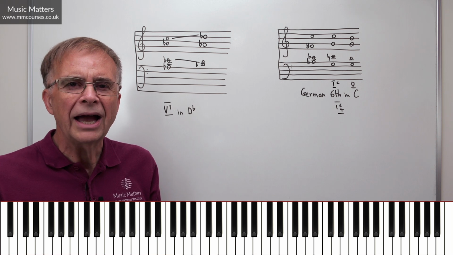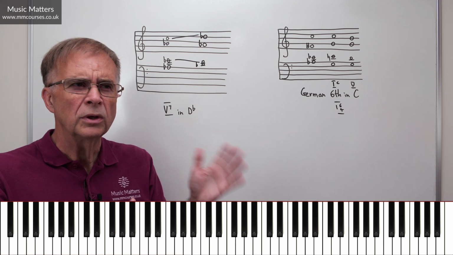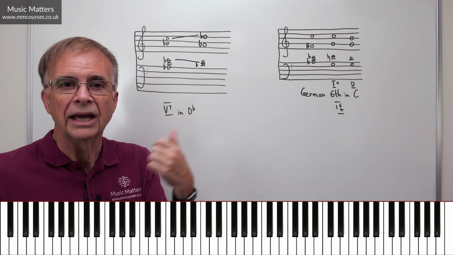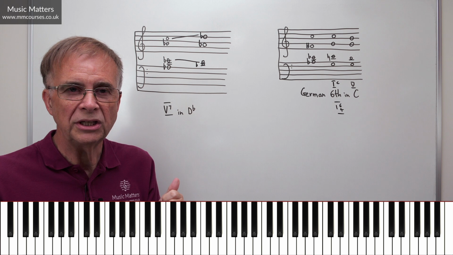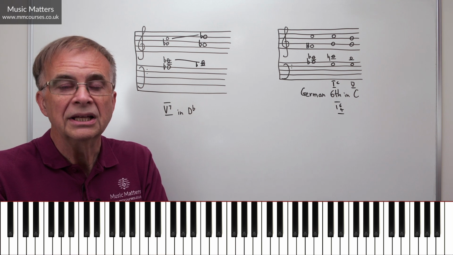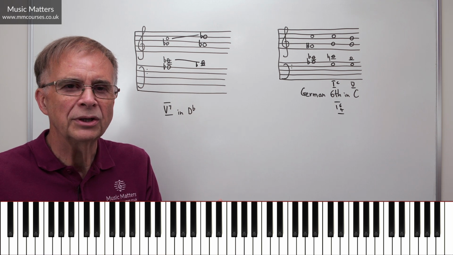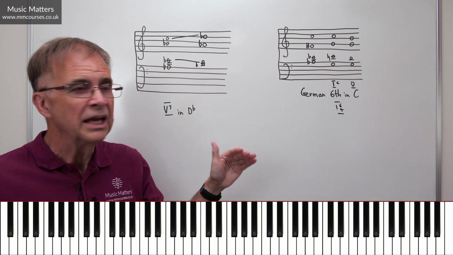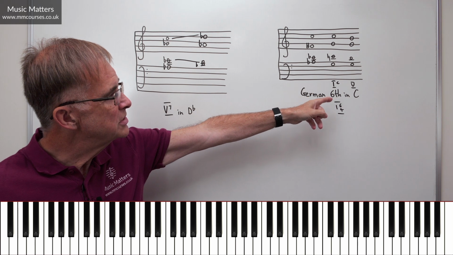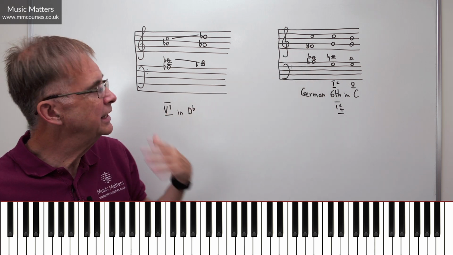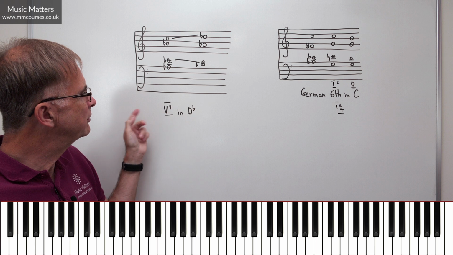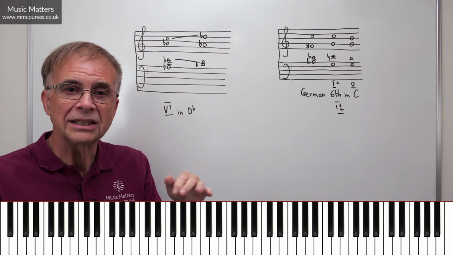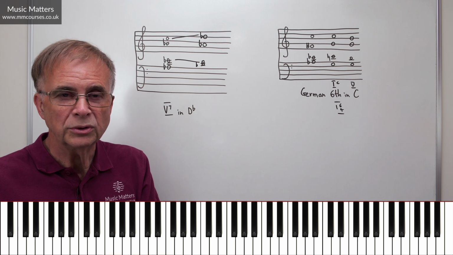So it's about enharmonics. You know, what's an enharmonic? It means it sounds the same, but it looks different. F sharp sounds the same as G flat, but it looks different. And the implication of it looking different is that it functions in a very different way. So it would be wrong to write a German 6 in C with a G flat in it, in the same way that it would be wrong to write a 5-7 in D flat with an F sharp in it, which is why when you're writing these things, that's actually quite important.